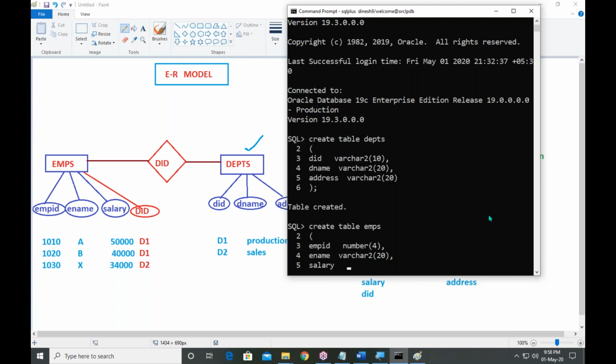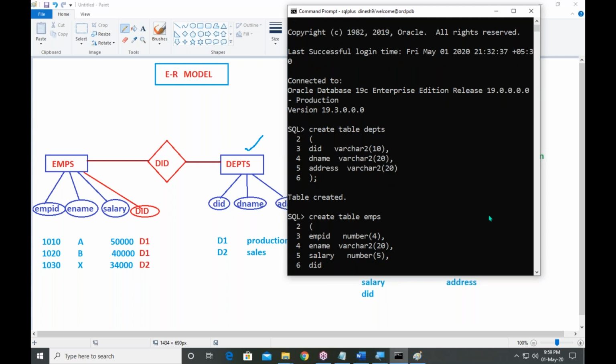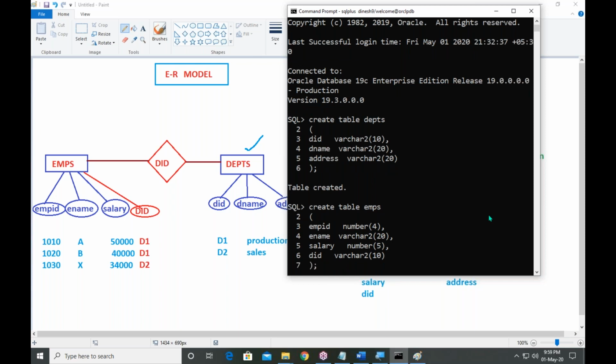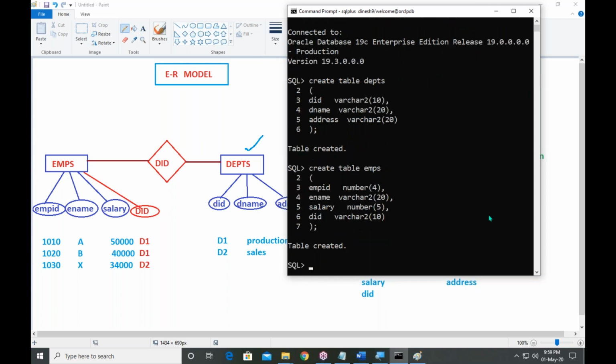Employee salary, this is also number of 5. And last one, department ID, this is varchar2 of 10. Close the bracket, semicolon. Two tables created or not? Yes.